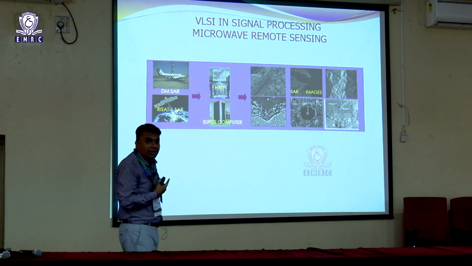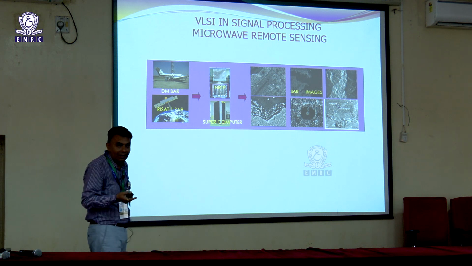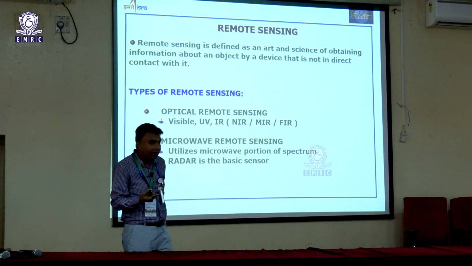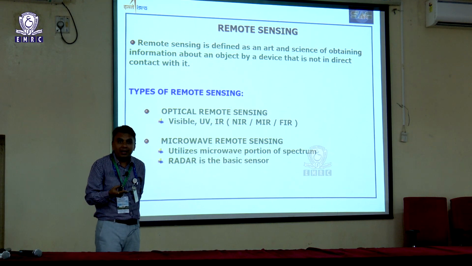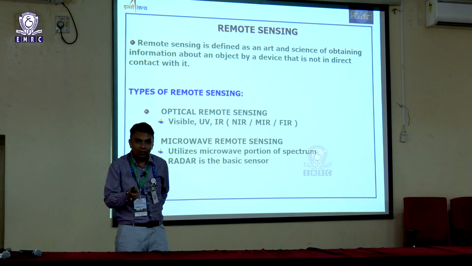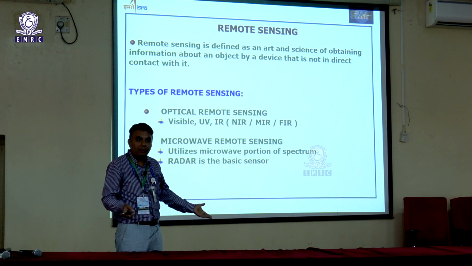Apart from that, as I mentioned, the third arm is remote sensing, where we are using DSP and VLSI. We have two counterparts on that. One is called optical remote sensing, another is called microwave remote sensing. Both have some merits and demerits. Where the cloud is there, optical remote sensing will not work. Suppose you have a weather monitoring satellite in the optical domain, it will not see inside if cloud is there. But the microwave satellites can see that part.